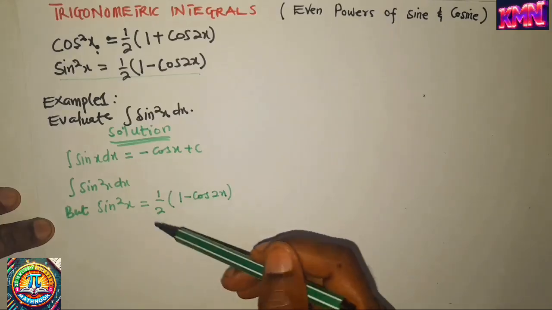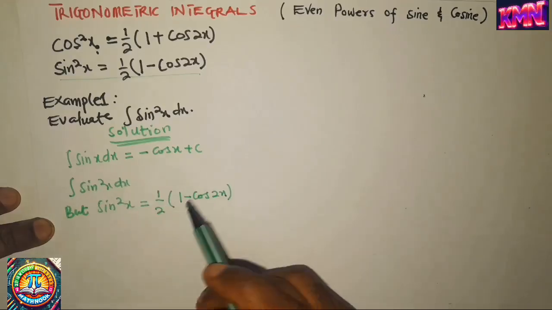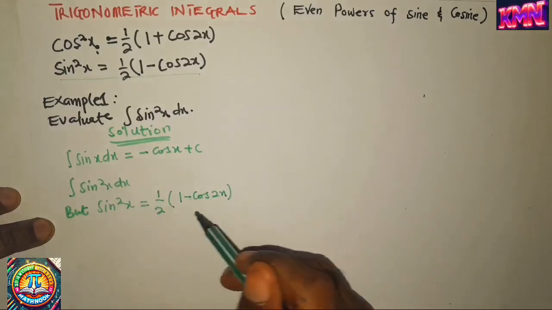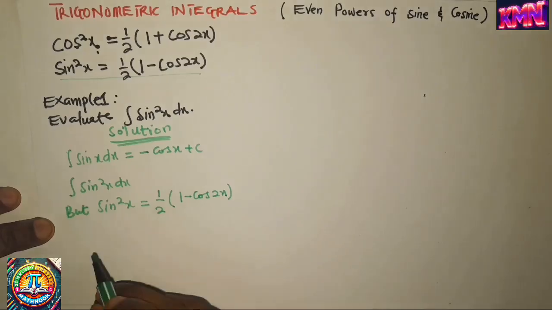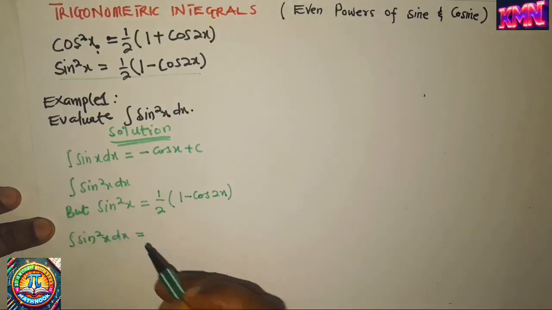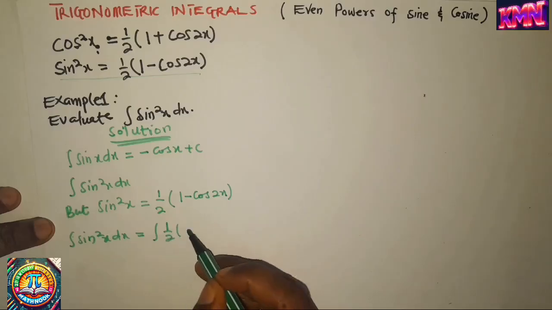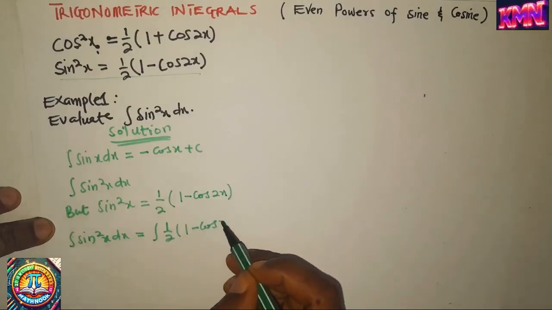We are going to substitute this in place of sine squared x so that we can reduce the powers for easy integration. So the integral of sine squared x dx now becomes the integral of half bracket 1 minus cosine 2x